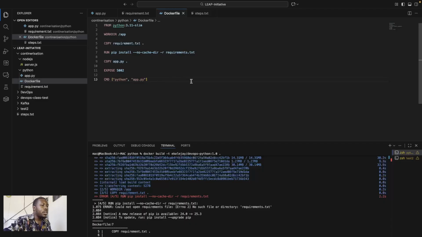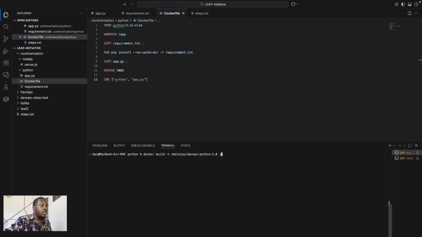Okay, so this mistake is just due to a syntax error. It should be requirements.txt, and we are missing the s here. So just update that, and then we build again. I'll clear, and then we'll just build again.